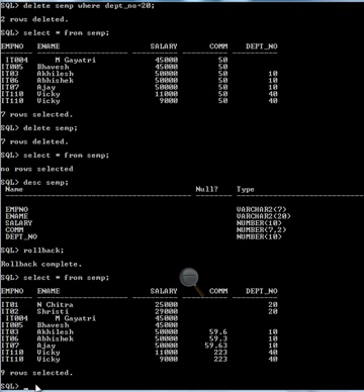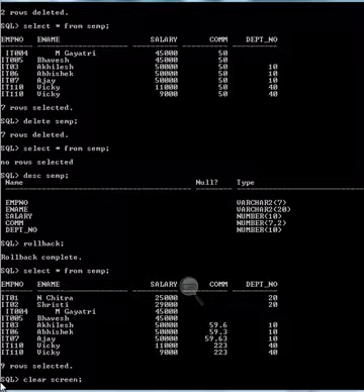Just see some reflections. Suppose this is our table, and I want to make some changes to commission. Clear the screen first, and for that use the update command: update ACMP set commission equals 80 where department number equals 20.